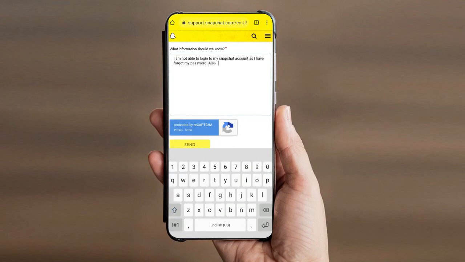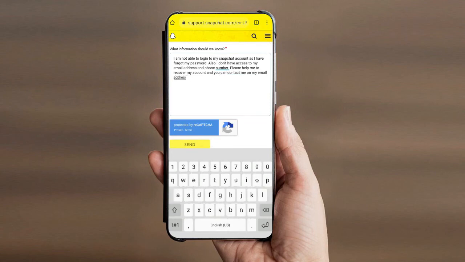Also, I don't have access to my email address and phone number. Please help me to recover my account, and you can contact me on my email address.